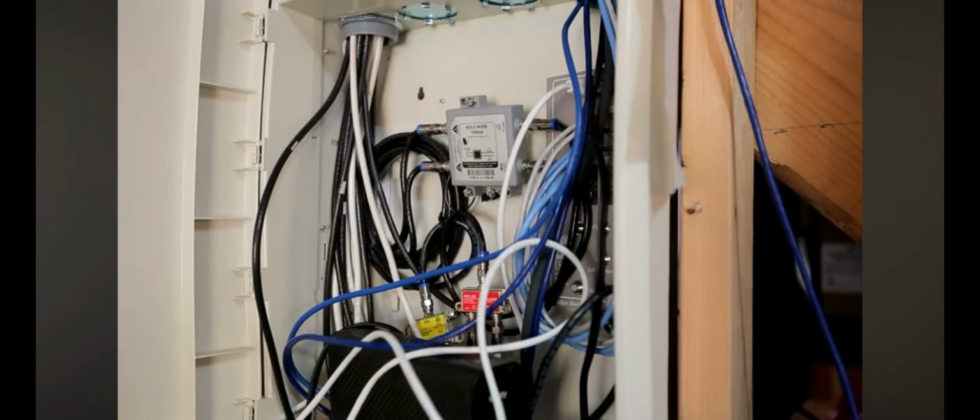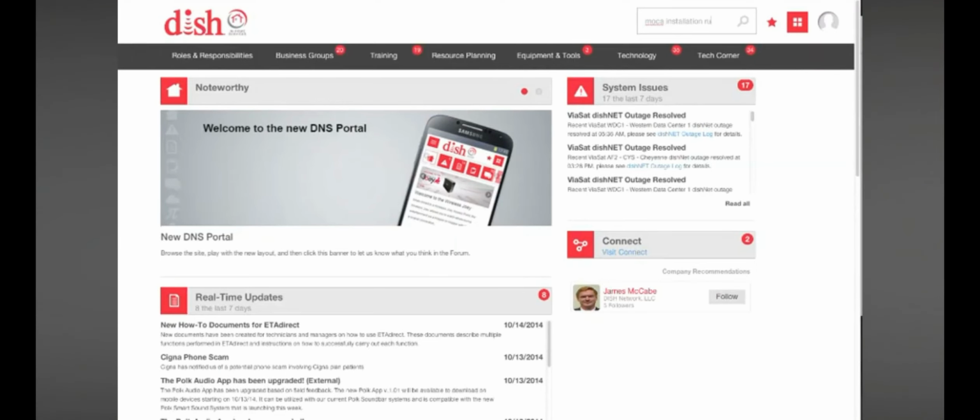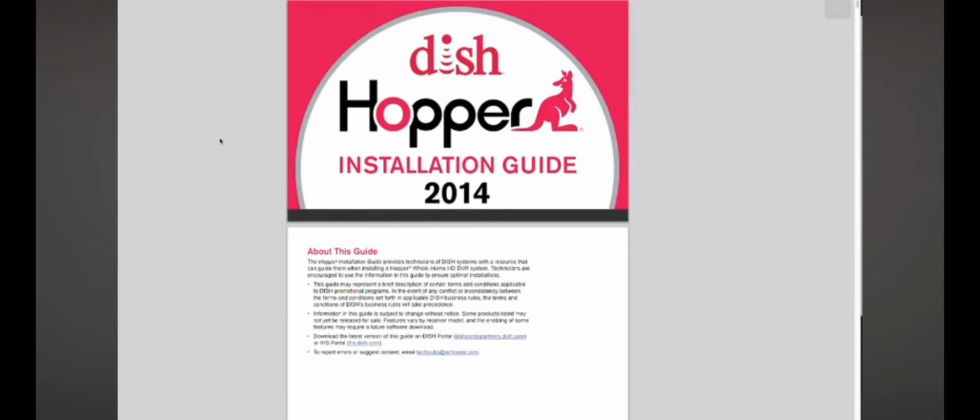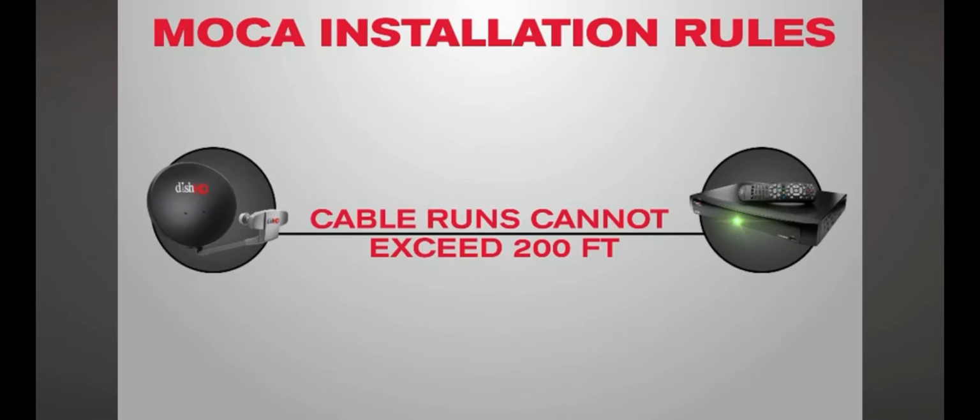I'm going to start with the connection between the receiver and the node. Make sure the cable rating is approved and in good condition. Refresh on your Mocha installation rules on Portal if needed, but here are some important ones to keep in mind as you're inspecting the system. The cable runs between the LNB and the hopper and between any 2 receivers cannot exceed